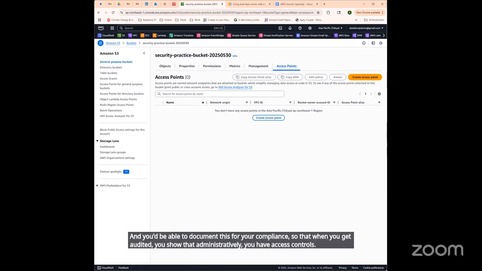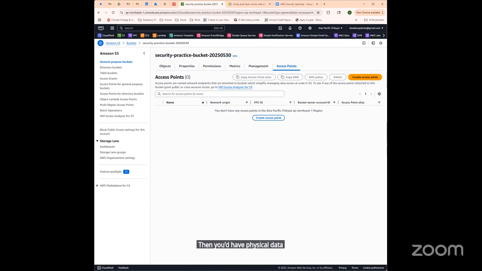Then you'd have physical data security via AWS being responsible for it and their server-side encryption. And you could show that you have encryption in transit and at rest. You also have,